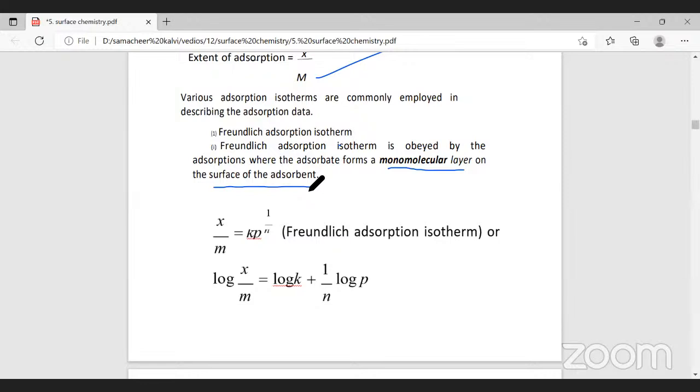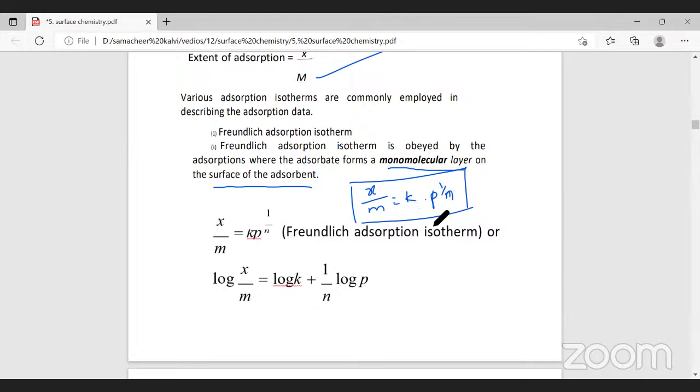surface of the adsorbent. So X by M, X is mass of the adsorbate, M is the mass of adsorbent, that is equal to K into P to the power 1 by N. So X by M is equal to K into P to the power 1 by N. This is the mathematical representation of Freundlich adsorption isotherm. X is mass of adsorbate, M is mass of adsorbent, K is a constant, P is pressure, N is also